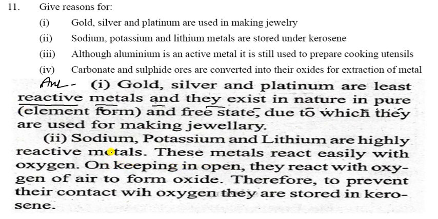The first one is gold, silver, and platinum are least reactive. They are the very least reactive metals, and they exist in nature in the pure form, elemental form, free state, due to which they are used for making jewelry. Now, second one is